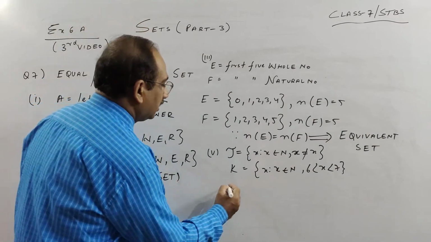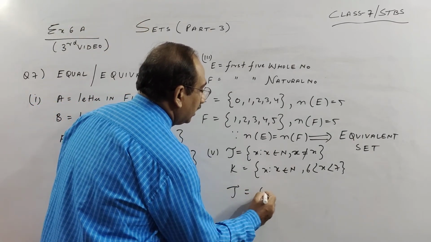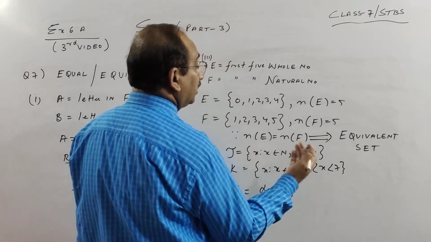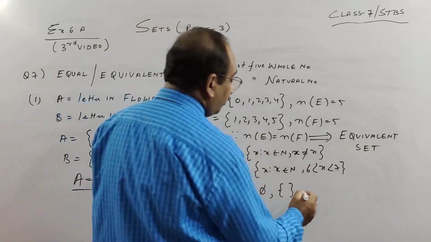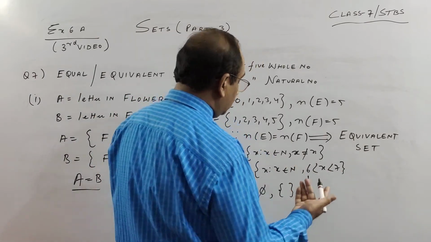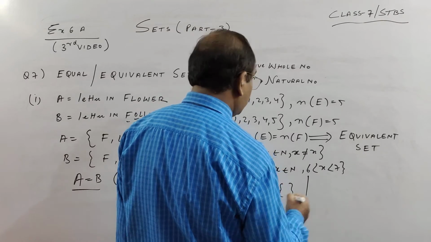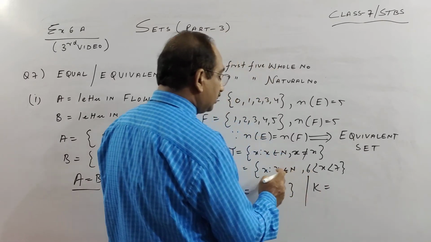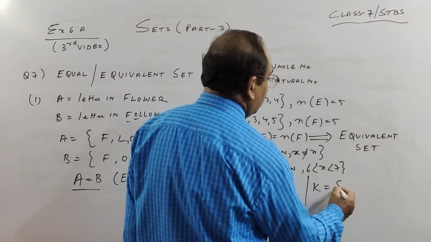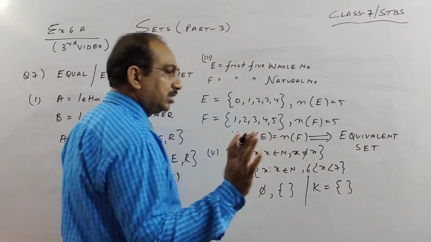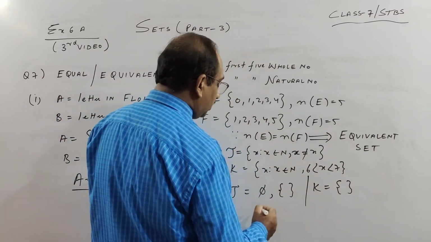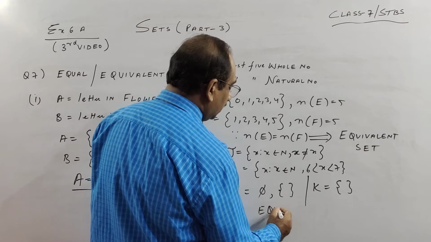Next one, very interesting, J is an empty set, children. If you see any format you write, x, that x is a natural number, x is not equal to itself. Very funny and very strange. A number is not equal to itself, like 2 is not equal to 2. So nothing is possible there. K, again some natural number: x is a natural number more than 6 and less than 7. No natural number is there between these two. So this is also an empty set. So both are empty sets. Hence they are equal sets.